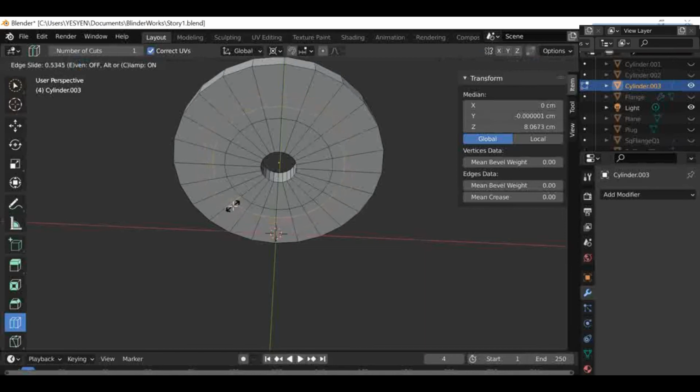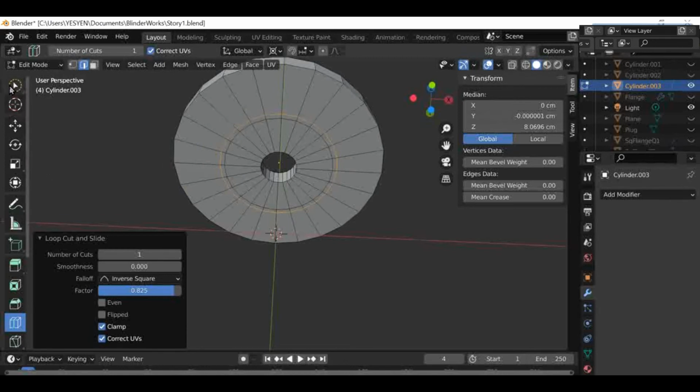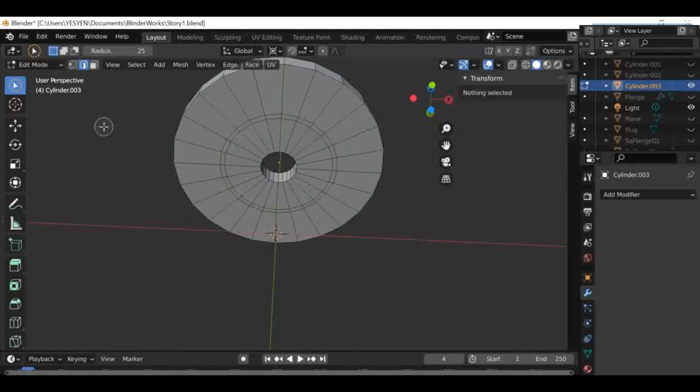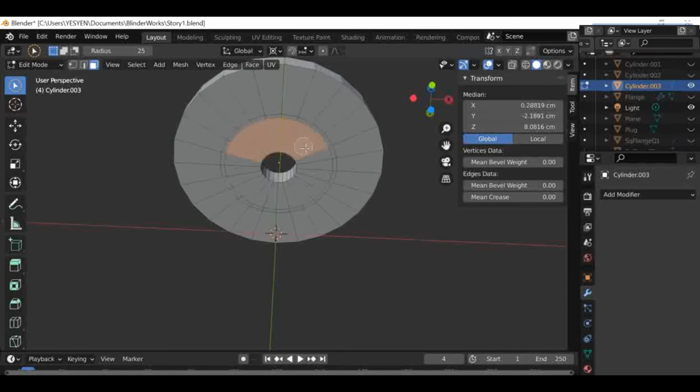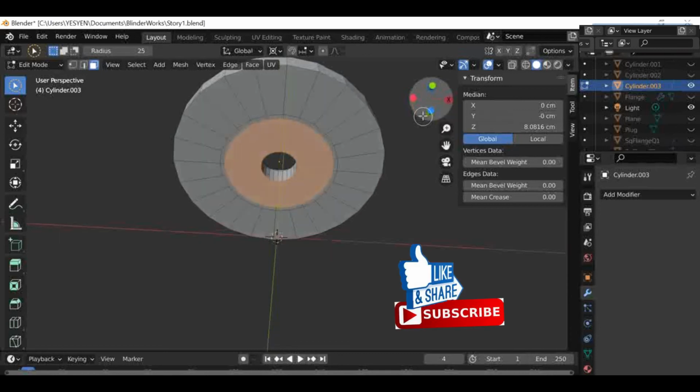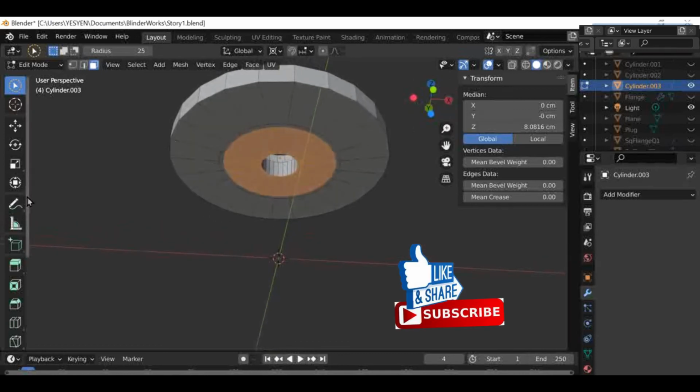Keep it very close to. Okay, now let me go to the selection. Carefully select only the required faces and